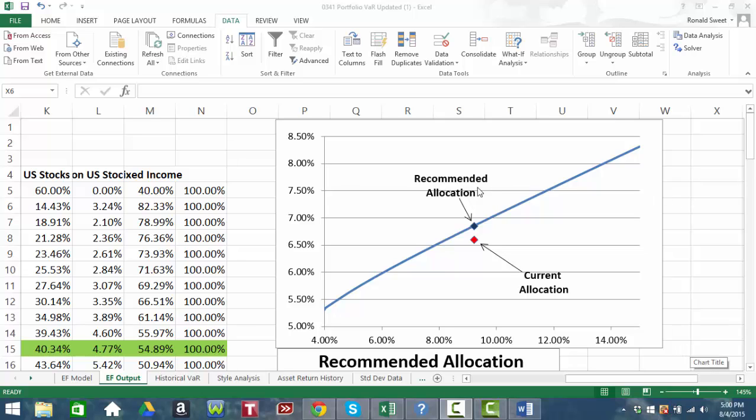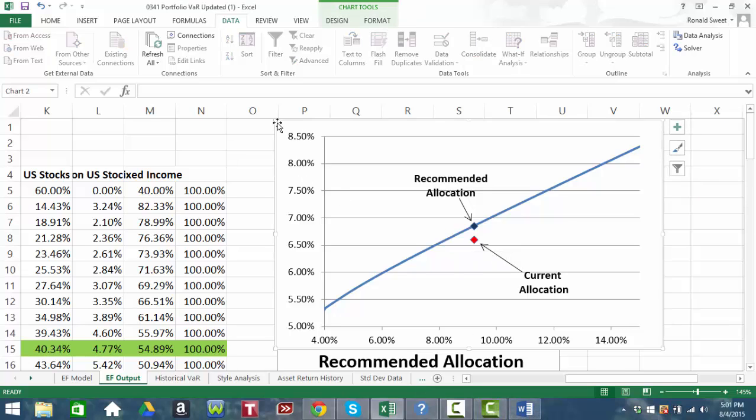Alright, so last video we created the efficient frontier. Here it is, my recommended allocation versus where my customer or my client started. You can see I'm increasing their return at the same level of risk. Now all I have to do is make sure I've got a Word document open, and I can just click